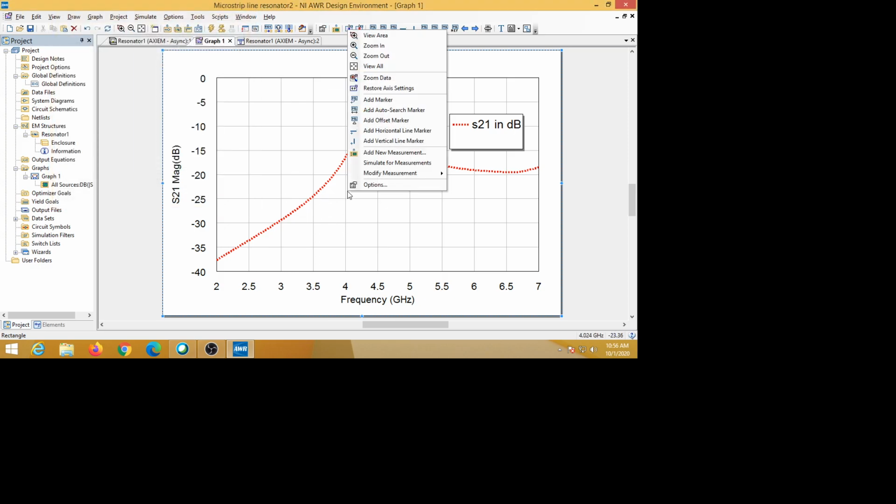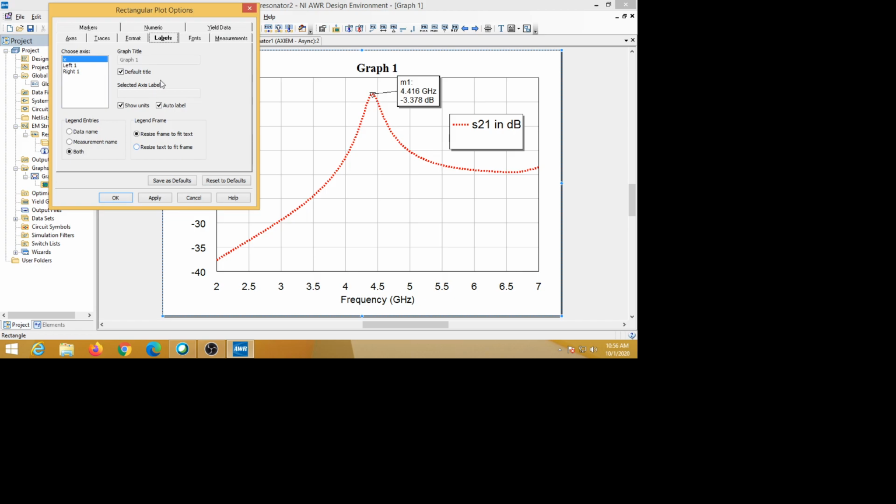To change the title of the graph, you go to options, there the label is there, and instead of the title, the default title is there, that's why Graph 1 came.